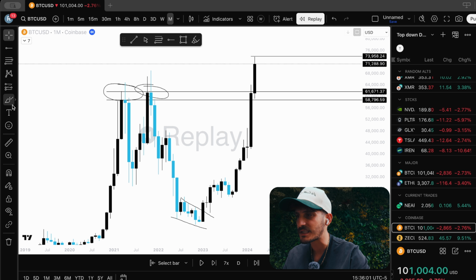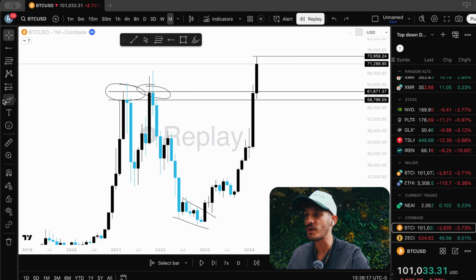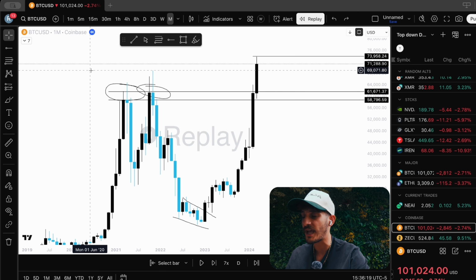We ended up flipping this level absolutely perfectly and then pushed up higher. What did we touch up on there? Candle closures and candle wicks, previous highs and previous lows really do matter, and the reactions that happen around it. One scenario that I wanted to explain on that drawdown after the first all-time high push that we had over